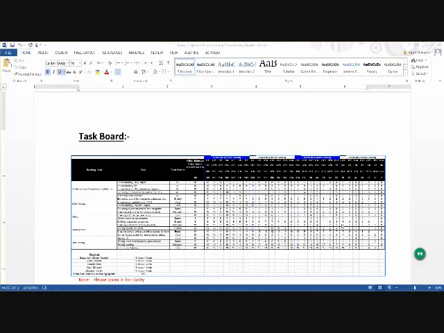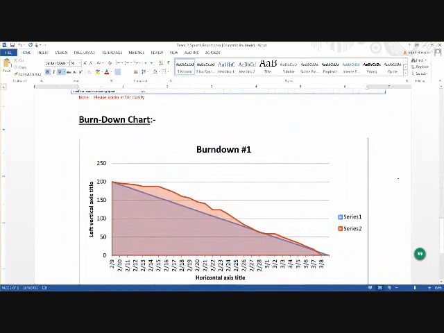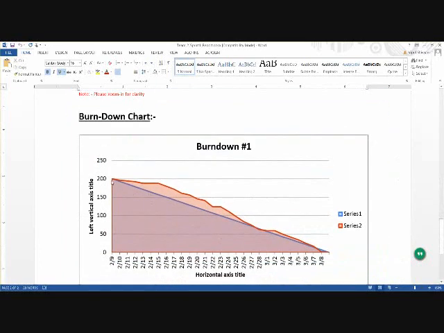So in conclusion, I would like to show the task board and a burn down chart. So basically in the burn down chart, we started off with our use cases and requirements, and in the first and second week we realized that we need to study the Unity engine as well as our input methods. So we were struggling with the timeline at first, but however in the third week beginning